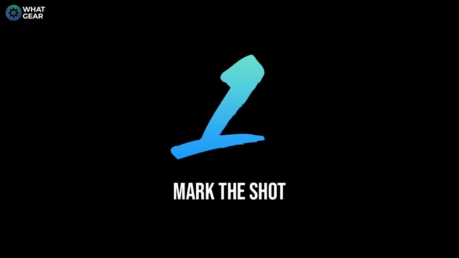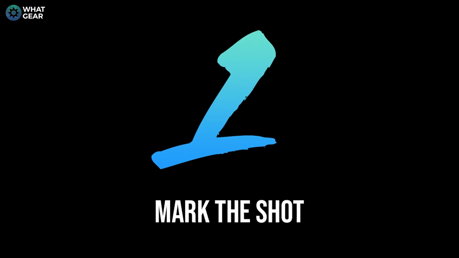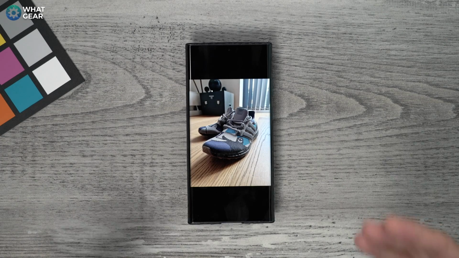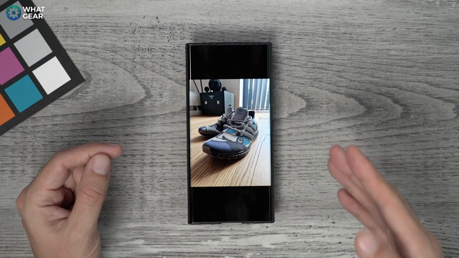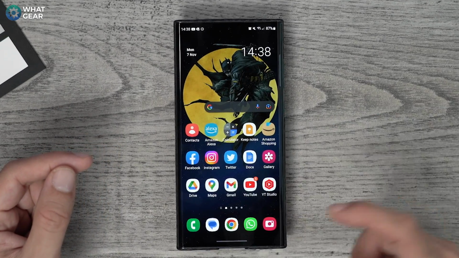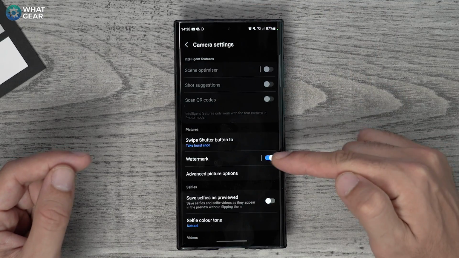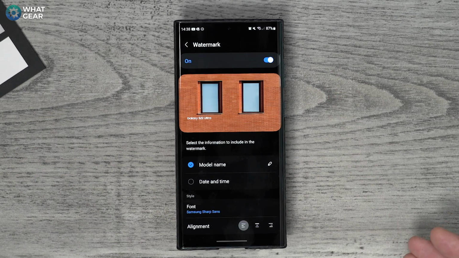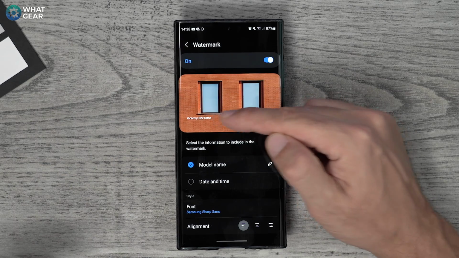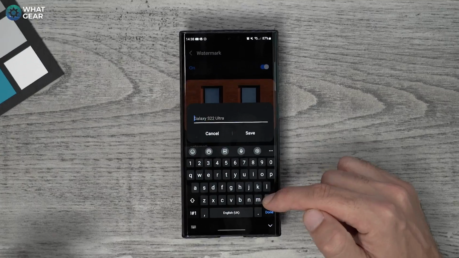So a good photo can be worth 10,000 words, and why let someone else take the credit for your photos? Thanks to this new One UI 5.0 edition, you can now stop that from happening. To access it, open your camera app, hit the cog at the top left corner and enable watermark. Now if you tap on this, you can actually customize what the watermark says. So right now it just says Galaxy S22 Ultra. If I hit the pen, I can change it to,